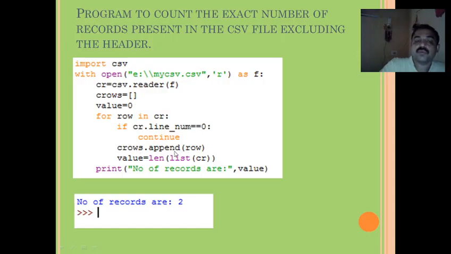So the row is appended to a list, and in value we just find the length of the list. So number of records are value. It just displays the number of records in this case, excluding the header.